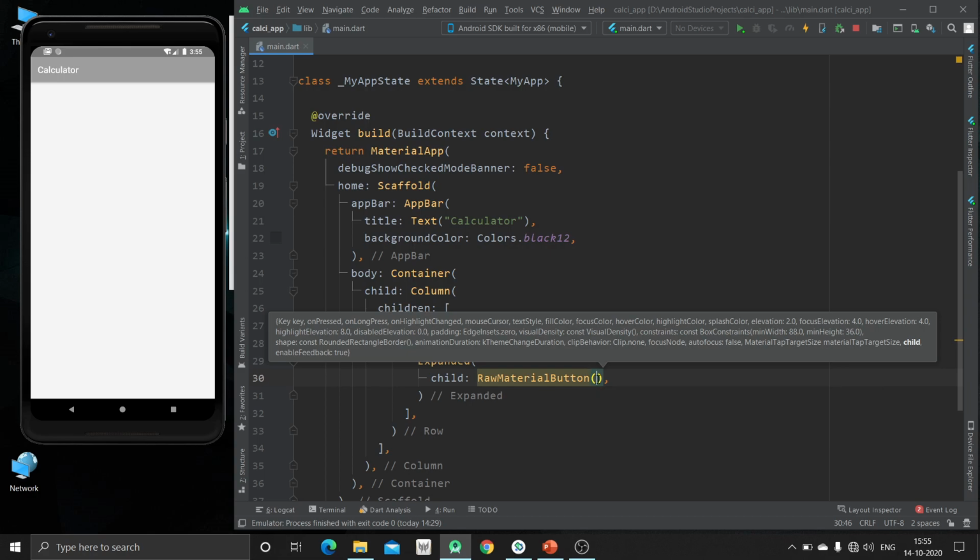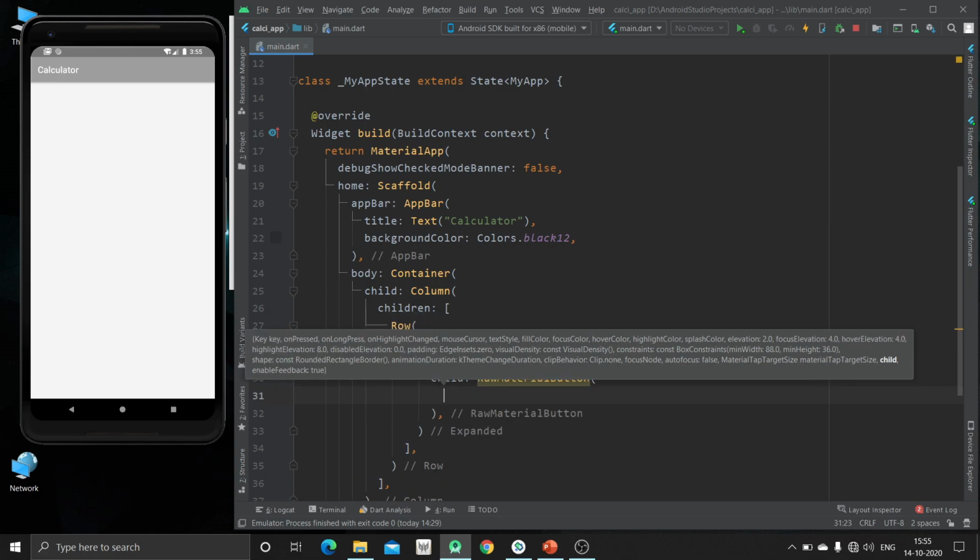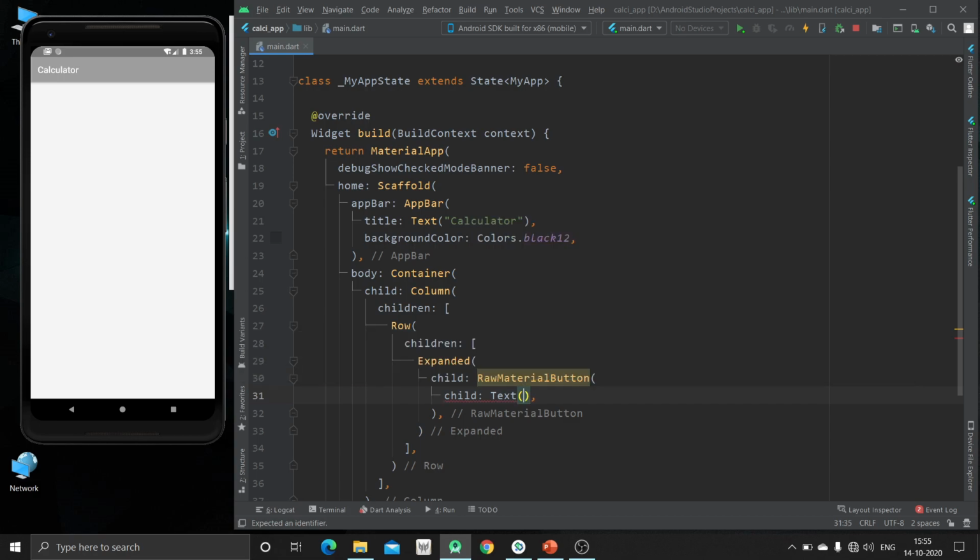Now you can see how to implement or how to use these properties. These are more generally written in the Flutter documentation, so you can refer from there. Now we are just going to use whatever we want. So in raw material button I'm just going to use the child property first of all. Inside this we will specify the text that will contain one. Now just hit control and S. Now you can see there is one button.